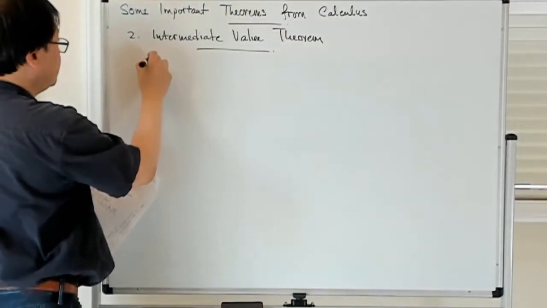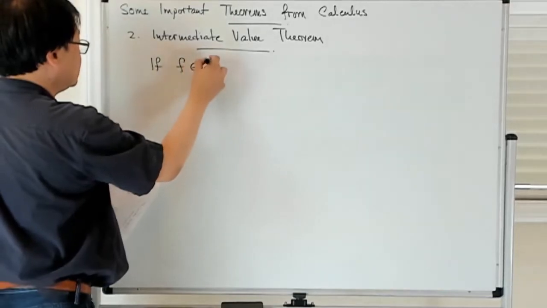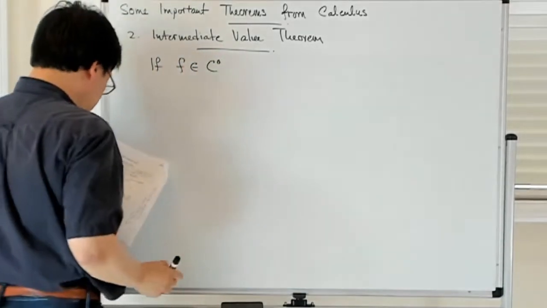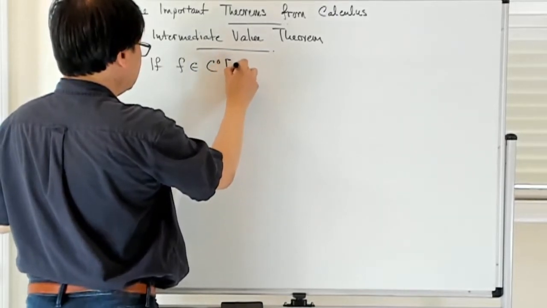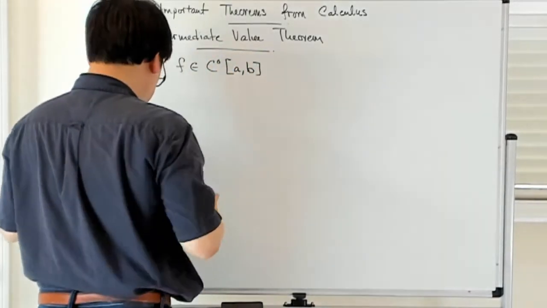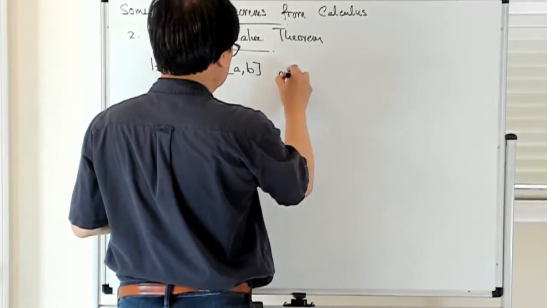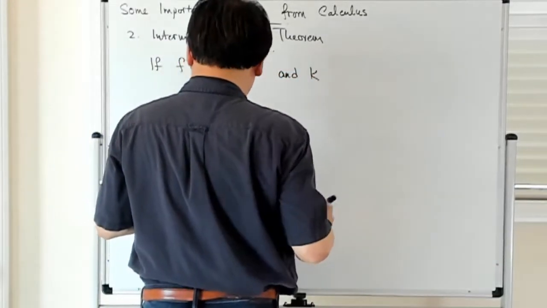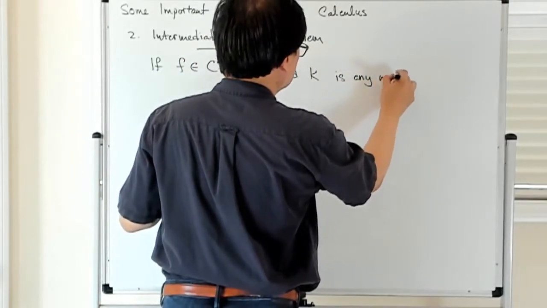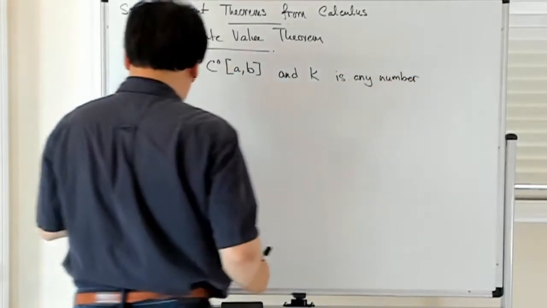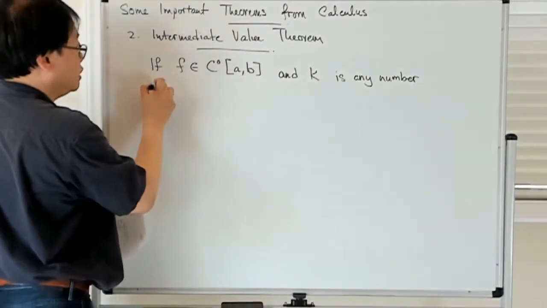So here, if f is continuous, C0, that is, continuous in the interval from a to b, and k is any number between f of a and f of b,